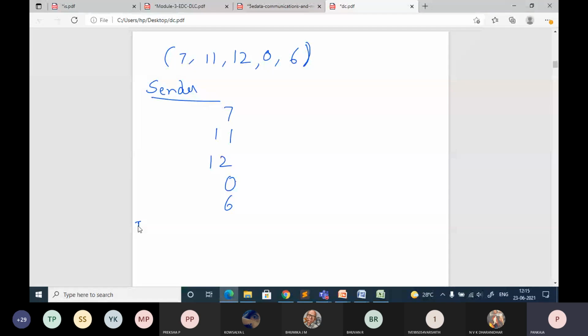Initialize the checksum to 0. Now add all these elements quickly and tell me the answer. Check it.